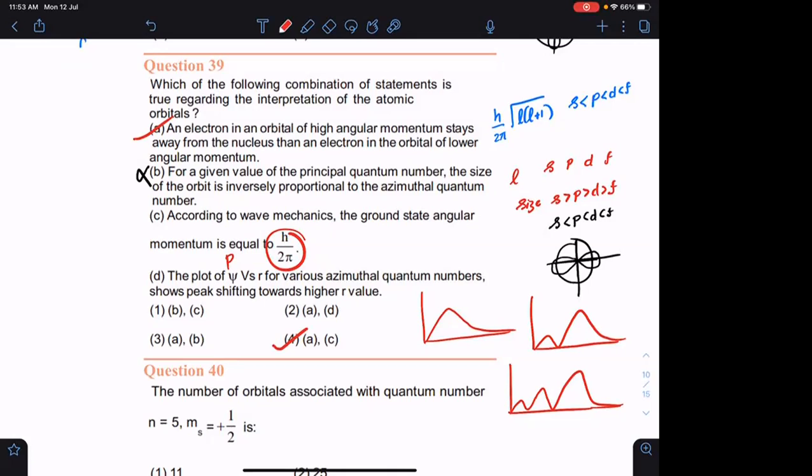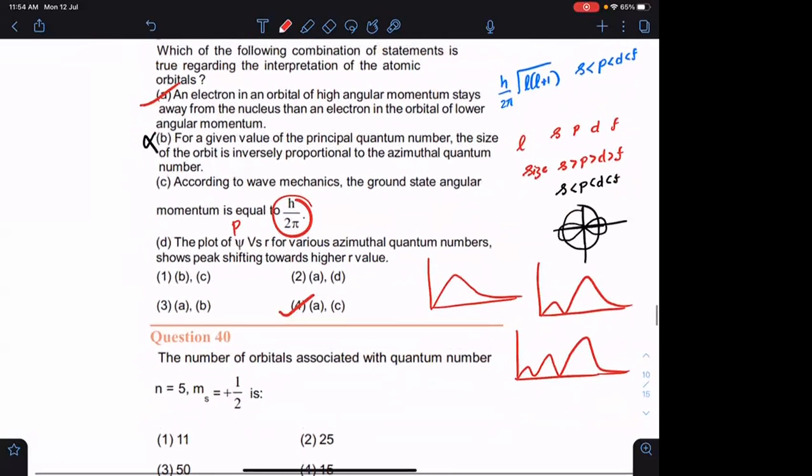How many of you got this question right? Please raise your hand. Okay, good. That means you can eliminate options and get the right option marked. Very good, those who have marked it right. Others, try to understand this. If you have any doubt in this question, please ask me, or else we'll go to the next question.